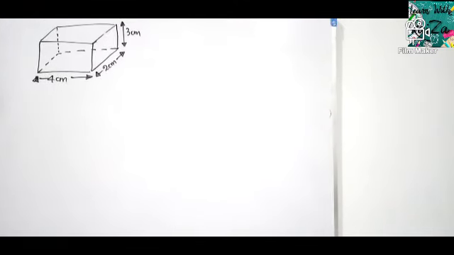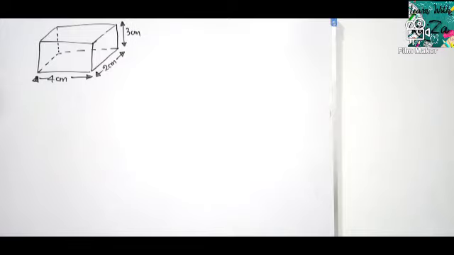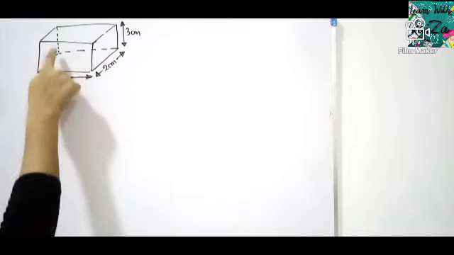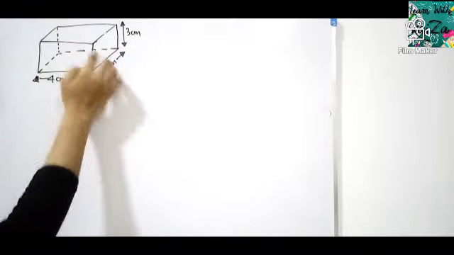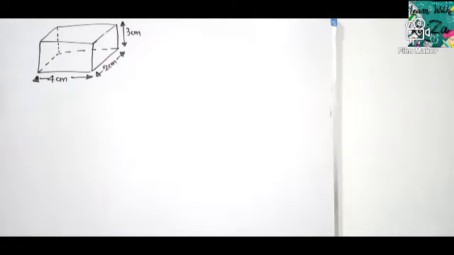So now consider, this is the main important topic of this area lesson for you all. What is it? Finding the surface area of a cube and a cuboid. So now let's consider this cuboid. How many faces are there for a cuboid? Yes. Front face, back face, the two side faces, so 1, 2, 3, 4, top face 5, bottom face 6. 6 faces. To find the area, you have to consider all these 6 faces.